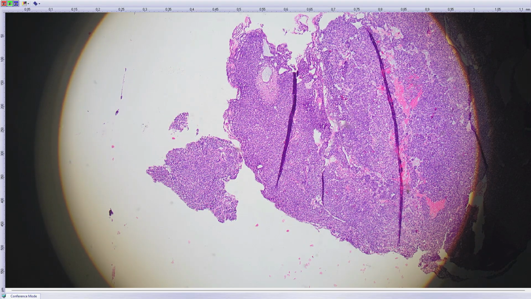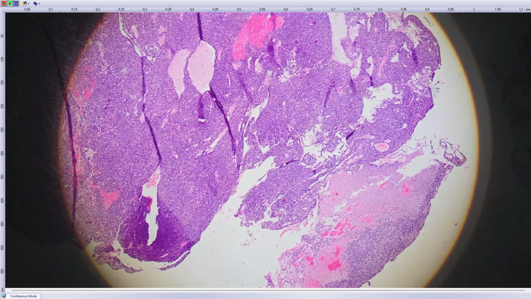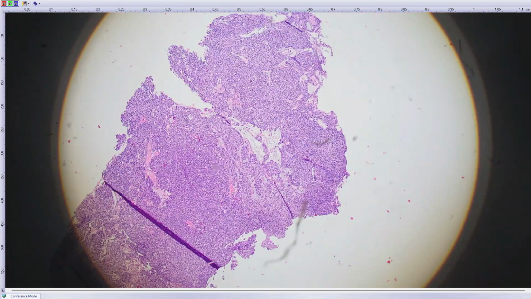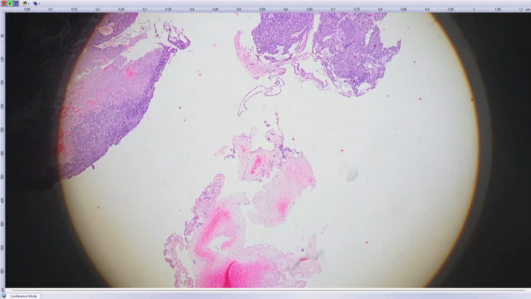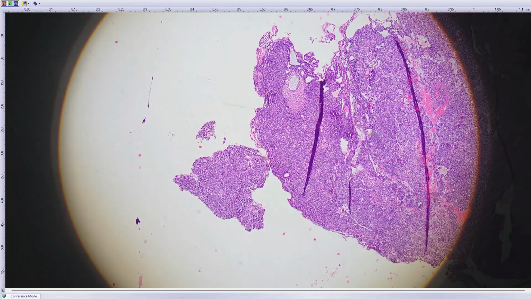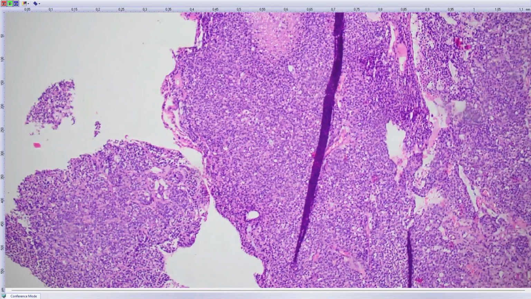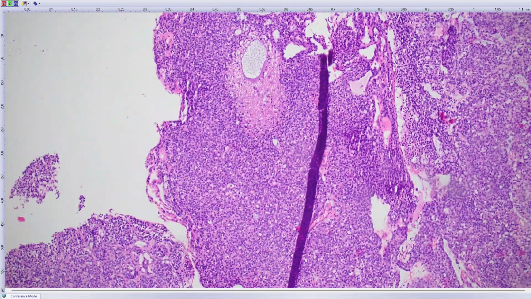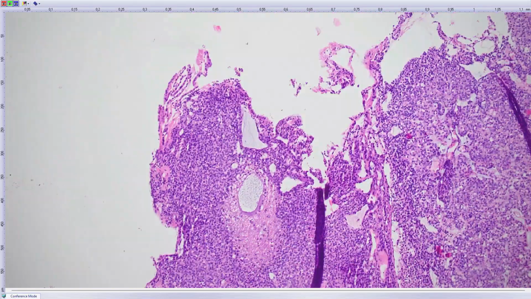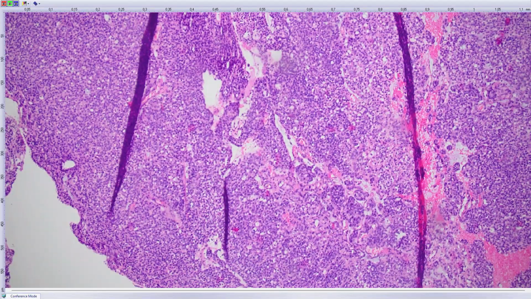I'll start with a case of a 71-year-old female with a lesion in the vagina, which clinically was thought to be granulation tissue. All we got was this little sample, which already on low power you can see that this is not granulation tissue, that this is most likely a neoplasm, a very cellular neoplasm, very dark staining,